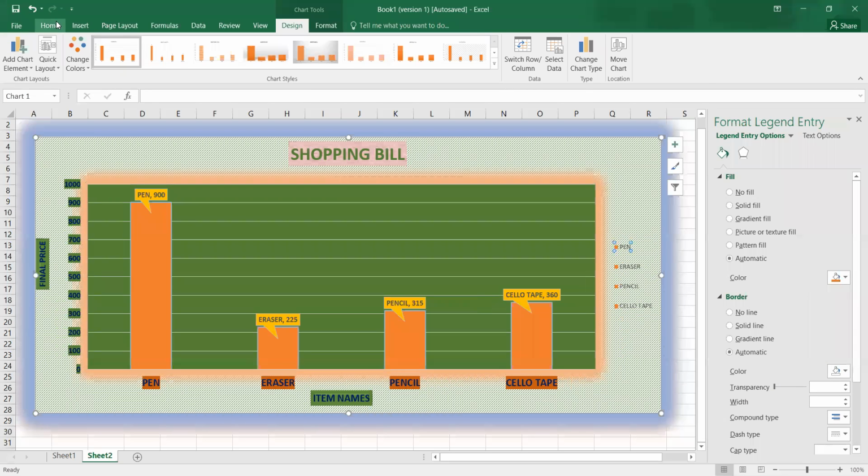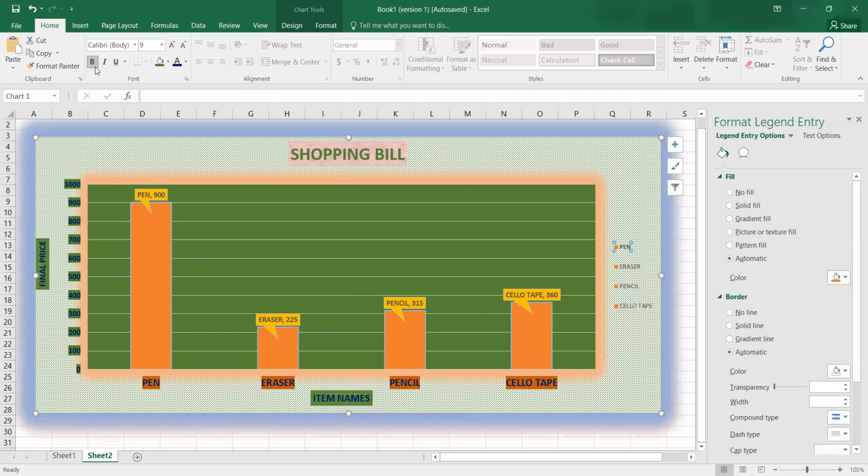And you can increase the size. Give the colors, give bold effects. Similarly to the last one.